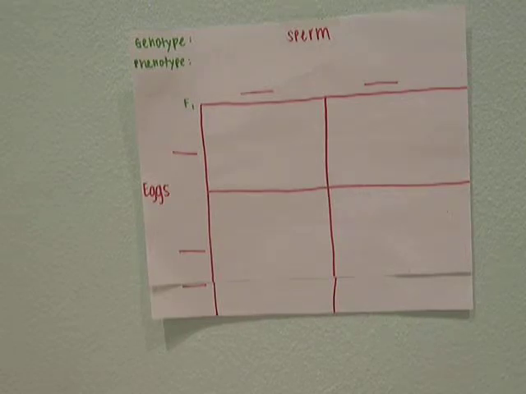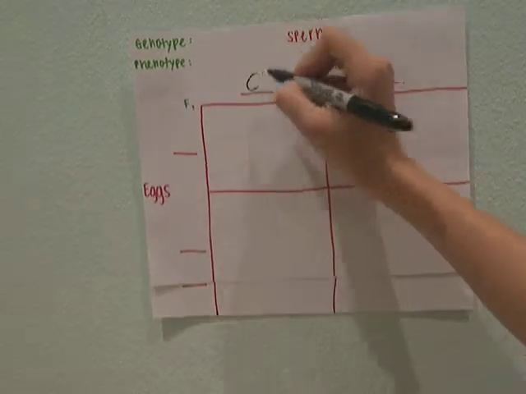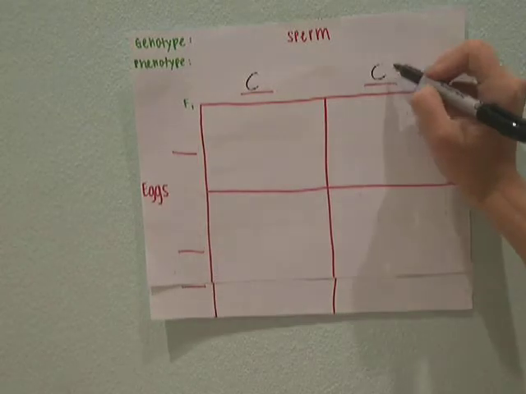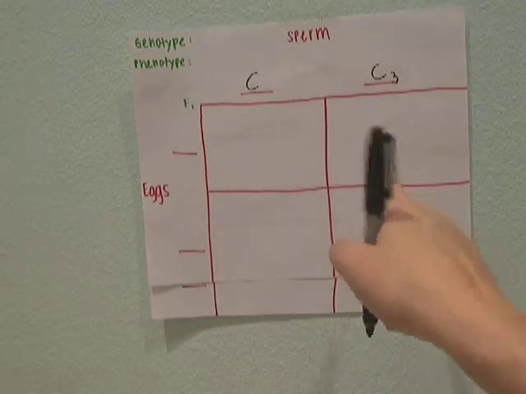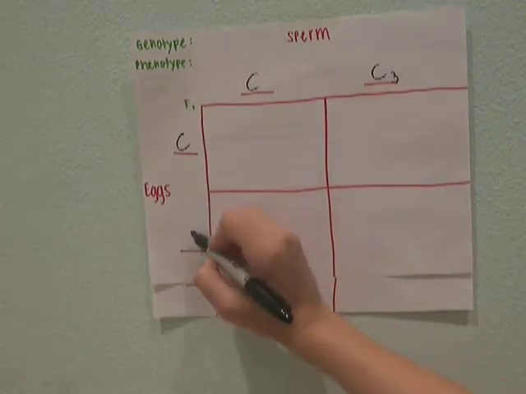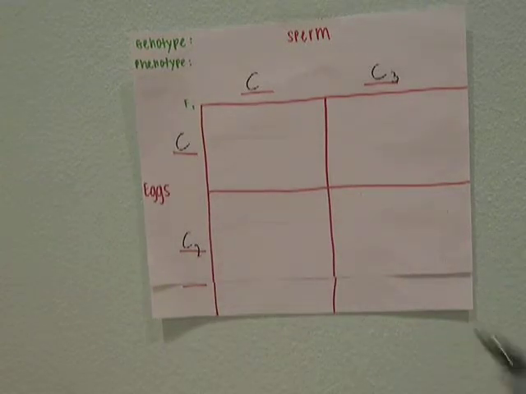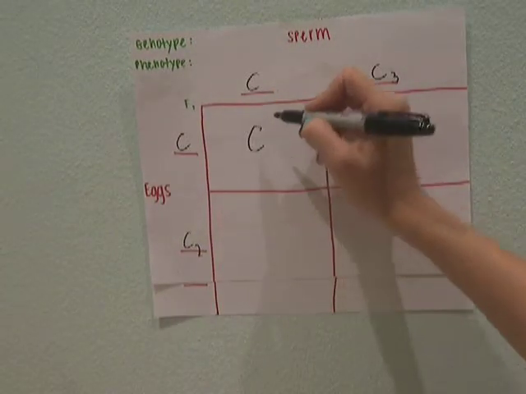The first mating pair is C and C3 for the sperm or the male, and C and C2 for the female. When you cross this in a Punnett square,